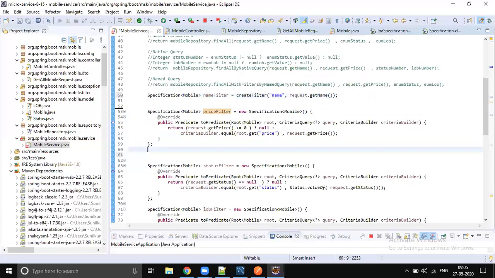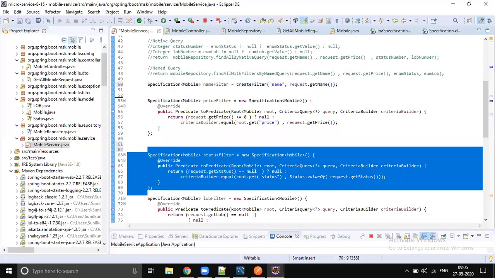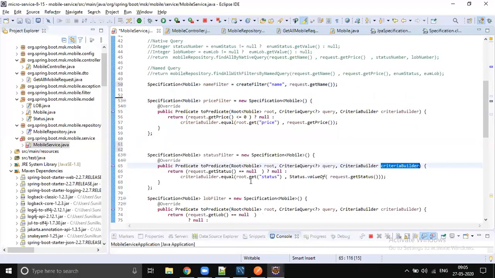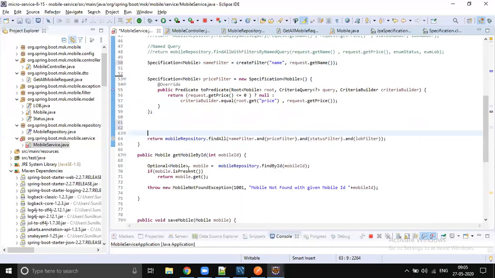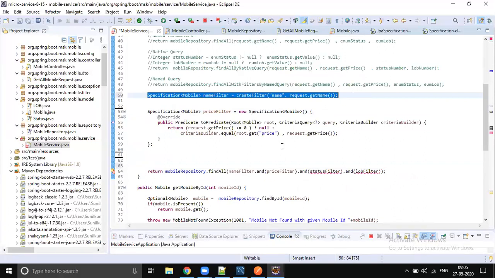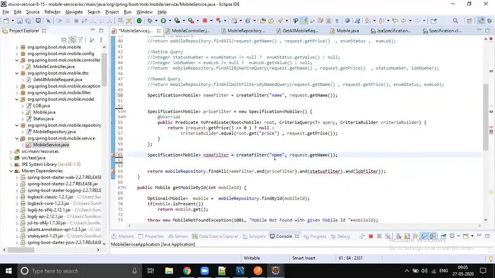So what we will do, this one, right? Status and LOV can be replaced. So let's delete this code, and copy paste. Here it is a status, and let's call this the status filter. Sunil, one question: why can we not do it for price? It is int, right? The null condition won't be applicable, and it needs less than or equal to, right?